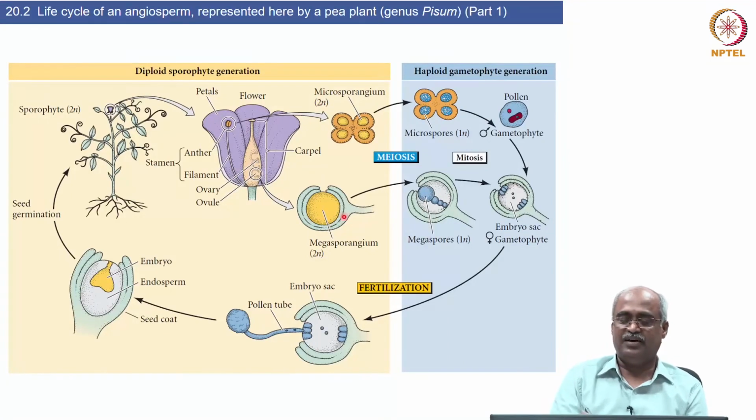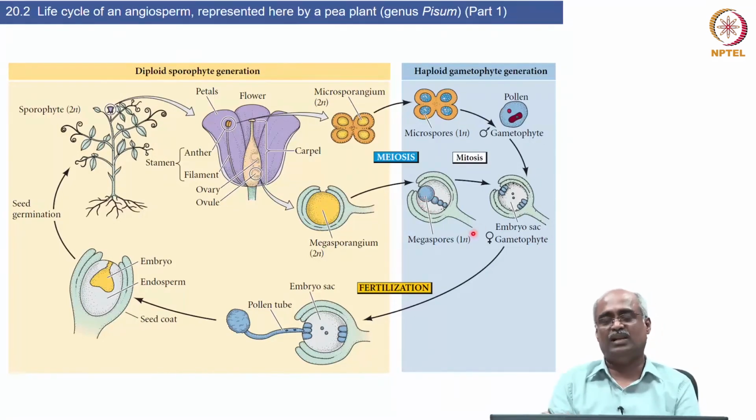So, this megaspore mother cell is formed by meiosis. Actually, you end up making 4 cells as a result of meiosis, but these are not formed by equal cytokinesis. Unequal cytokinesis in meiosis ends up generating a large megaspore and 3 small megaspores, and these are not going to do anything, they are going to degenerate, and this one large megaspore is the one that